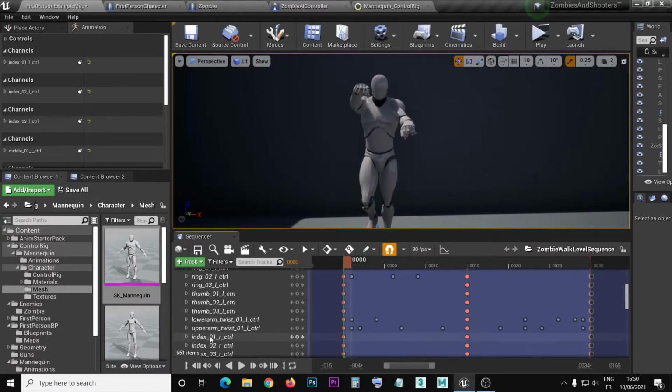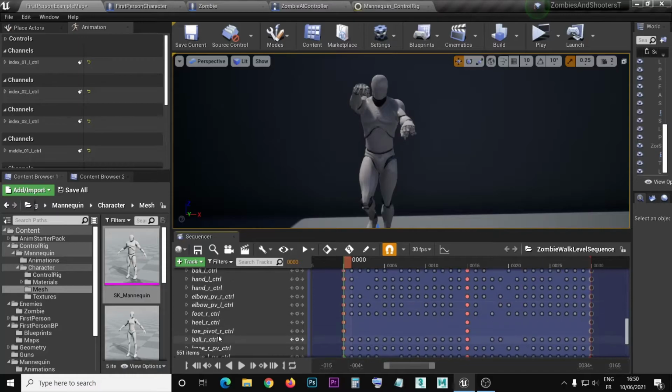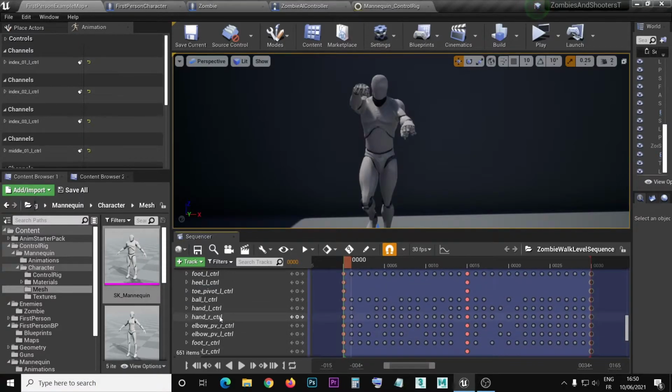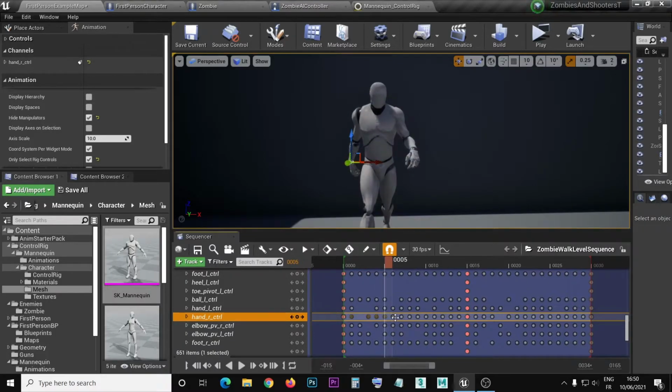These are the ones that we're interested in. Just at the bottom, and right control. We remove all these keyframes in between our keyframes. So you Ctrl click to select them all,